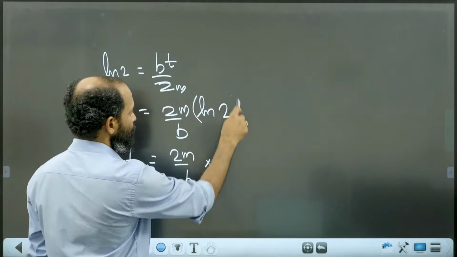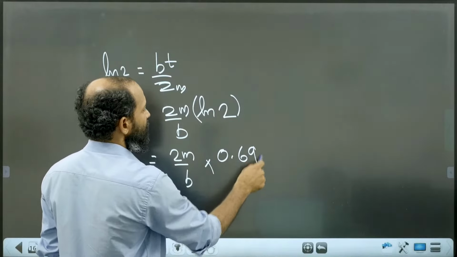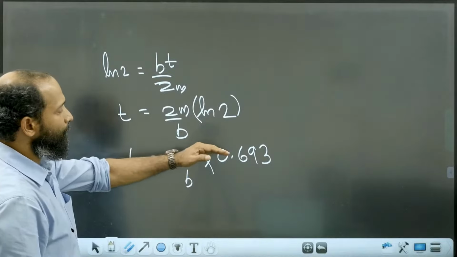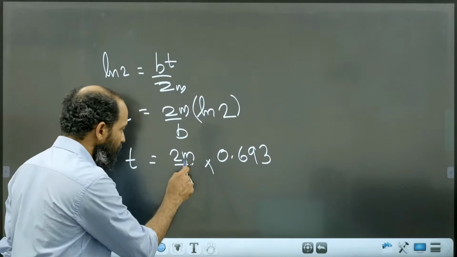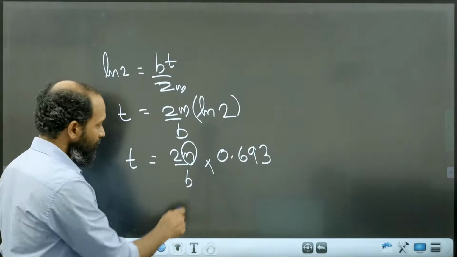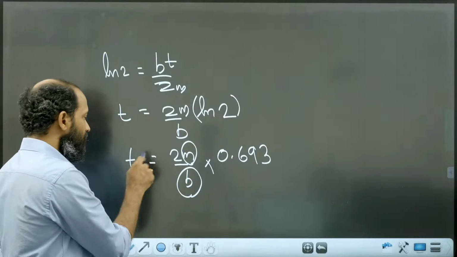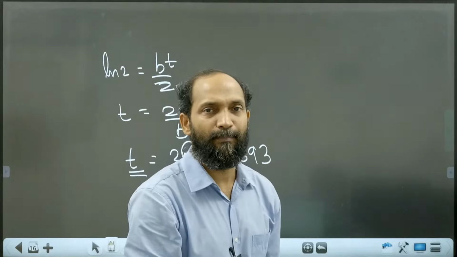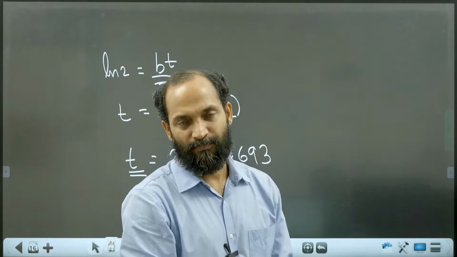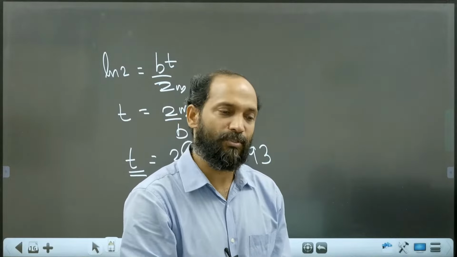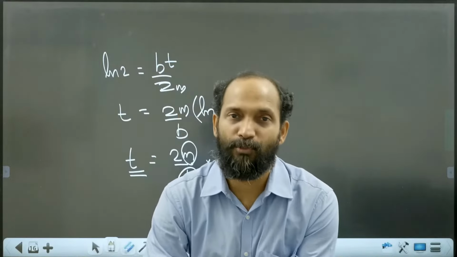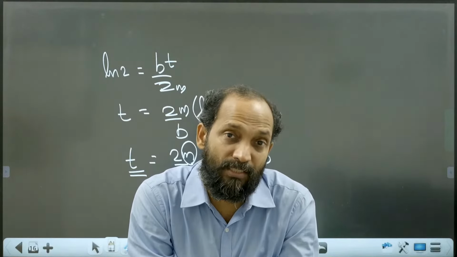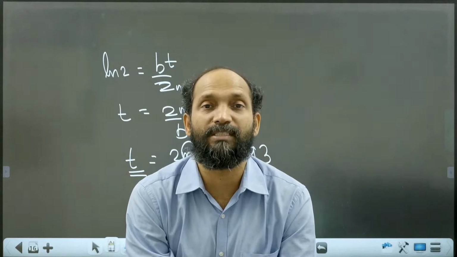The natural logarithm of 2 is 0.693. So t equal to 2m by b into 0.693. You should know this much only. What is the mass of the oscillating body? What is the damping coefficient? Then you will get the time after which the amplitude is exactly half the initial amplitude during damped oscillations. Damped oscillations are also treated as simple harmonic. In damped oscillations, amplitude decreases exponentially, but frequency is a constant, though a reduced constant compared with